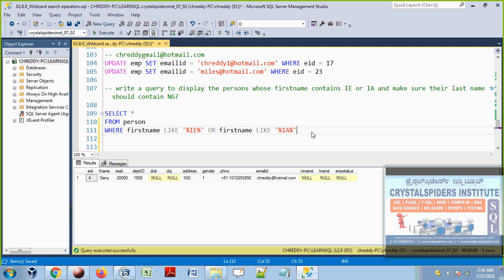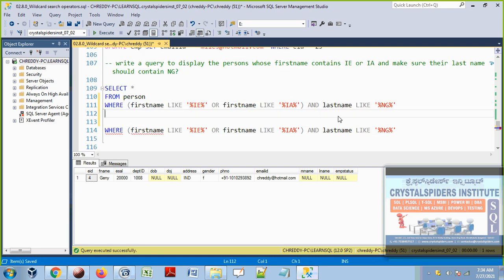And make sure the last name contains NG. Last name like percentage NG percentage, and we have to keep these two conditions in open and closed parentheses. Okay, this is what, guys.